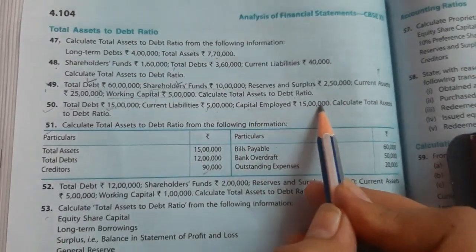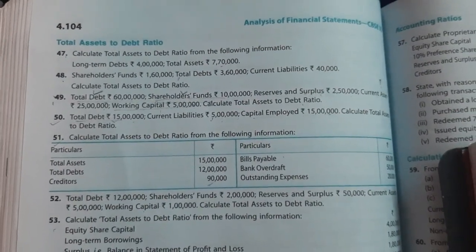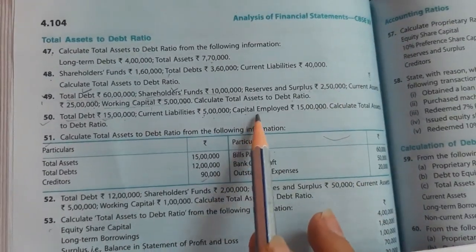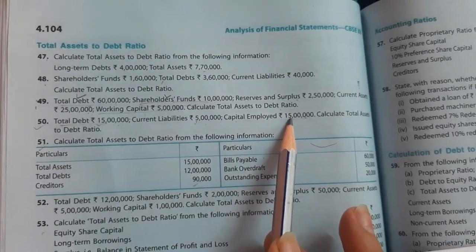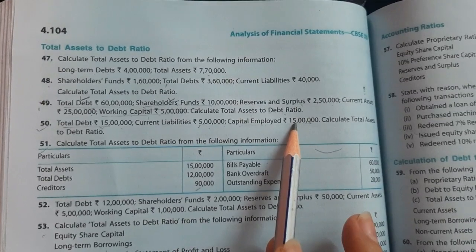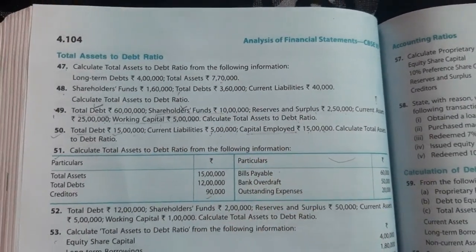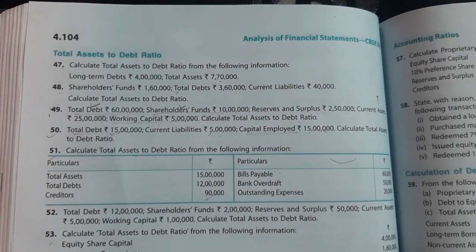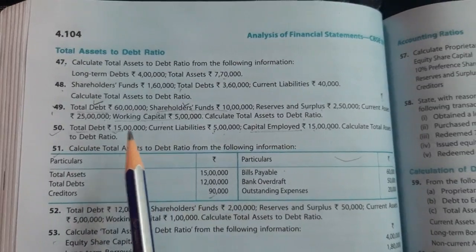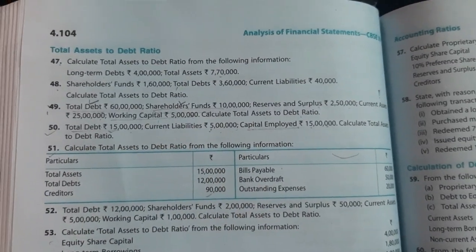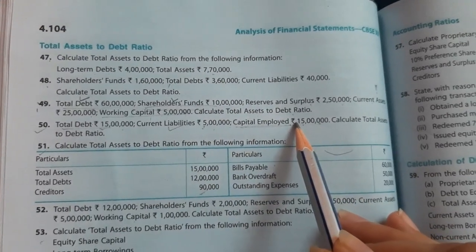Now we are given capital employed here. So I hope you remember what capital employed was. Capital employed was the amount invested by the owners in the firm, and we have learned two formulas. So here you'll see capital employed has an assets aspect and a liabilities aspect also. You have to see what you are given here and what you have to find. Now for the formula you want total assets, and you have current liabilities. So which formula of capital employed will you apply?